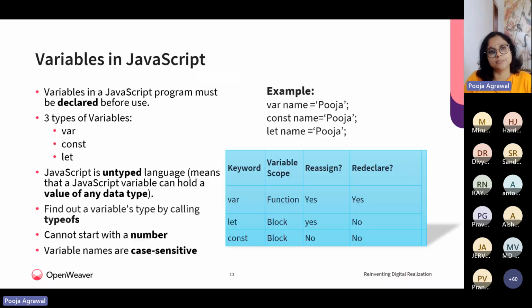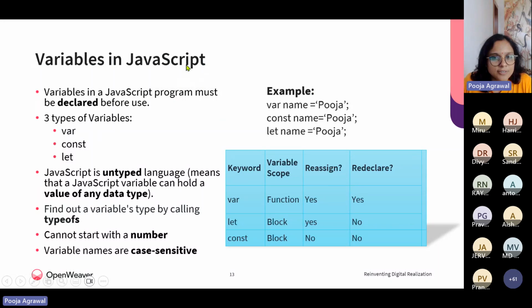Let's quickly talk about variables. What kind of variables do you have in JavaScript? When you usually talk about variables, you declare them with a type. So the type of a variable in JavaScript will be either var, const, or let. Either of the three, when you declare, let's say var name, and then you give it an assignment. I have the same name for all the types. Let's say the three types I have mentioned: var, const, let.